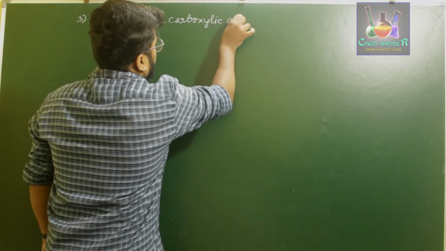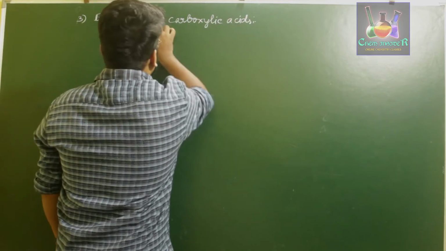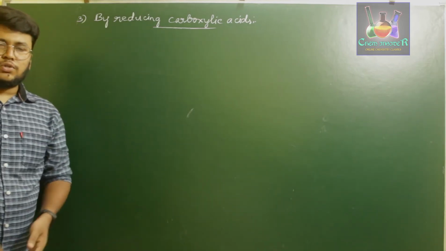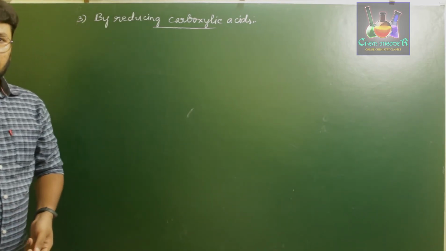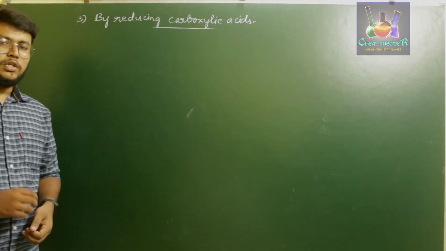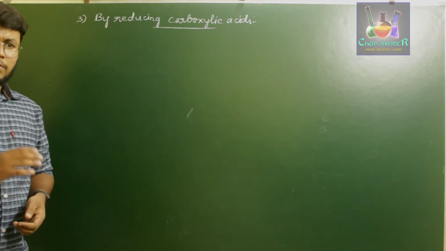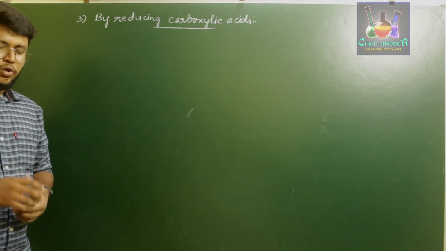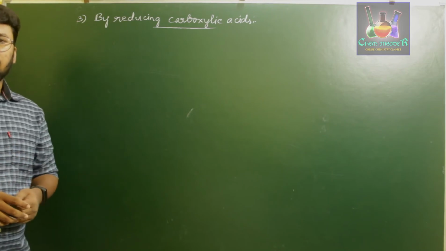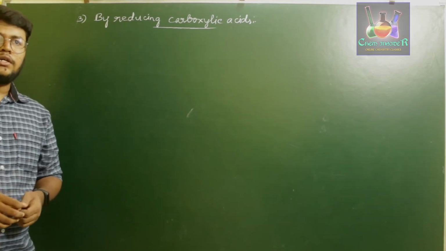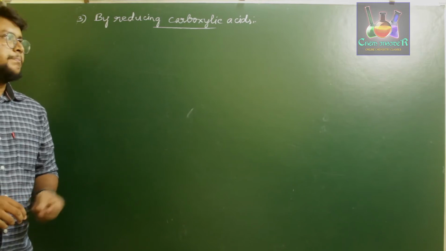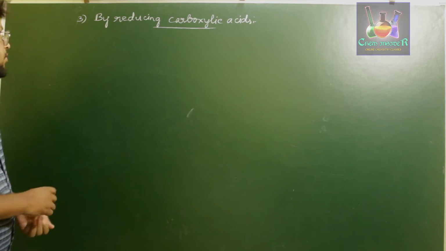So carboxylic acids can be reduced using reducing agents such as lithium aluminum hydride, or sodium borohydride, or normal catalytic hydrogenations. But what happens here is, whenever you treat a carboxylic acid with lithium aluminum hydride, it gives a good yield of alcohol, but sodium borohydride is not good to that extent. In order to reduce carboxylic acid, it can be used for reducing aldehydes or ketones. Okay. So now let us consider an example of reduction.